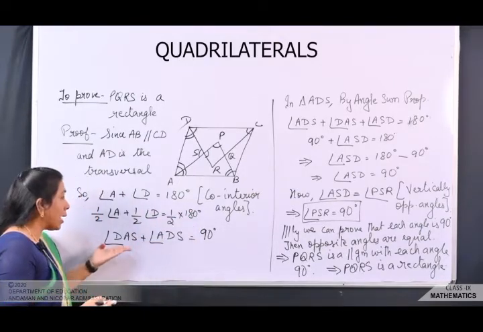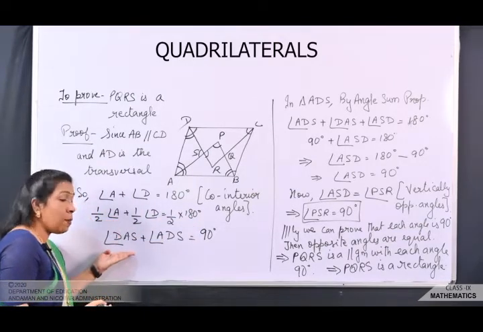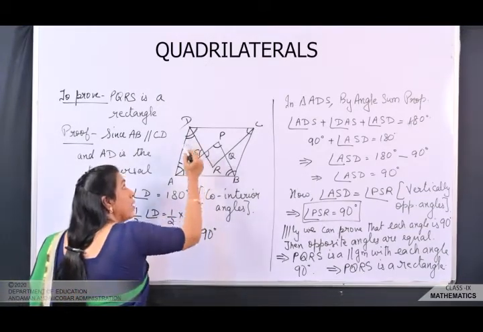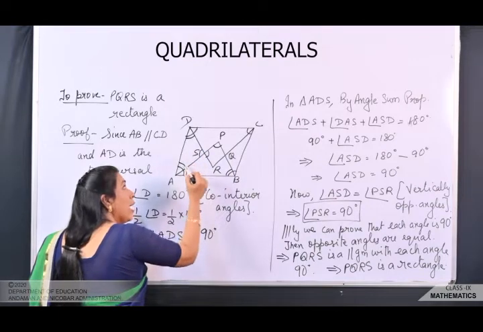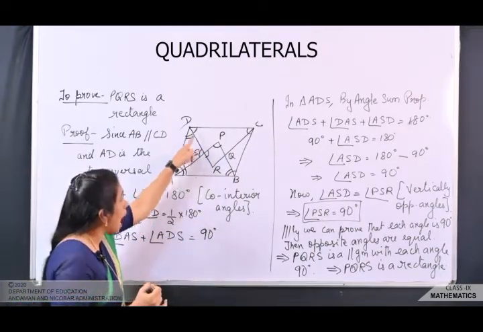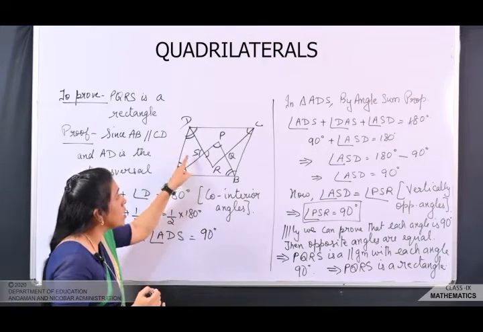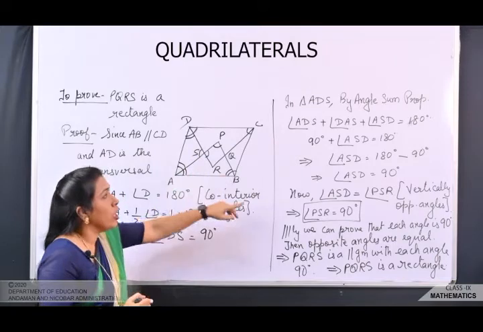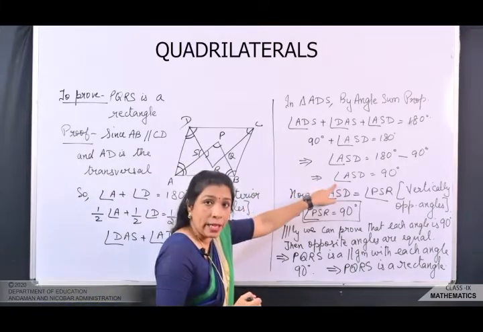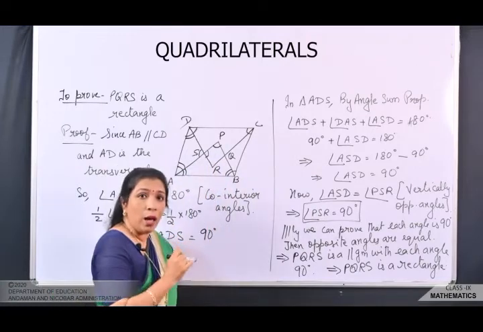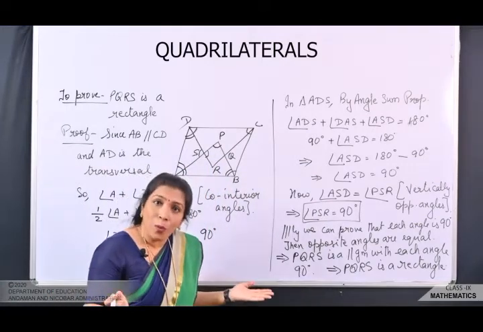So we got angle, half of angle A की जगह पर हम DS लिखेंगे. क्यों? Because we are going to take this triangle. तो हमने ये angle लिया और ये angle लिया. So we are getting it as 90 degree. Then we used angle sum property over here and hence we got angle S, that is ASD. We got ASD as 90 degree. अगर ASD 90 है तो ये angle भी आपका 90 होगा because they are vertically opposite angles.